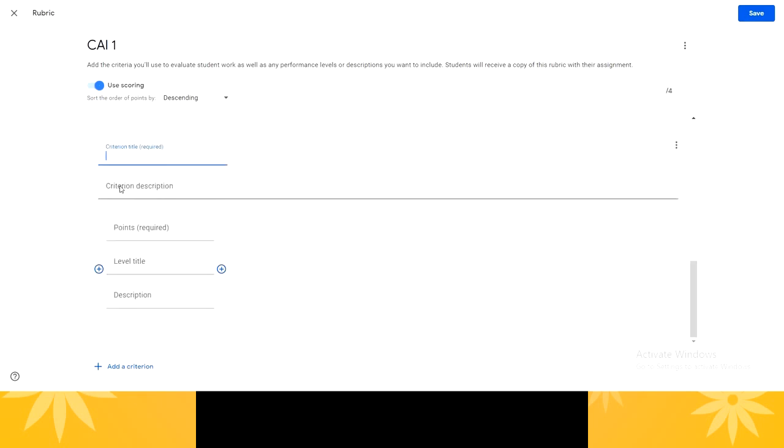Right, likewise in part A, if you have 5 2-mark questions to be attended or answered by the students, then you can add 5 criterions. Okay, right, let me show you that also. So 5 criterions. Right, so what happens, whenever you are adding any criteria and assigning points to each of the questions or criteria, that will be cumulated and will be displayed here.